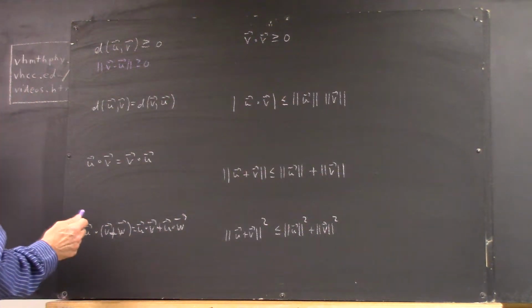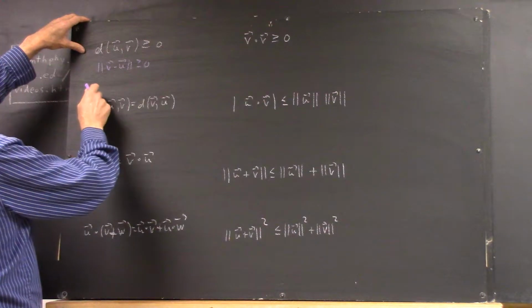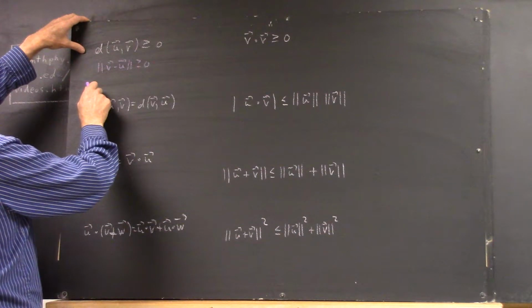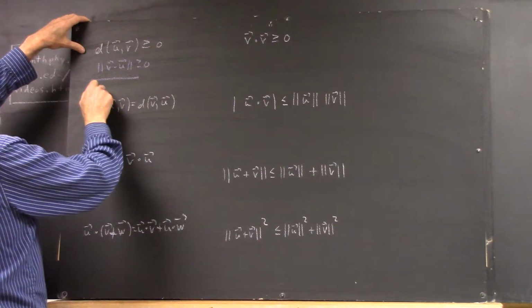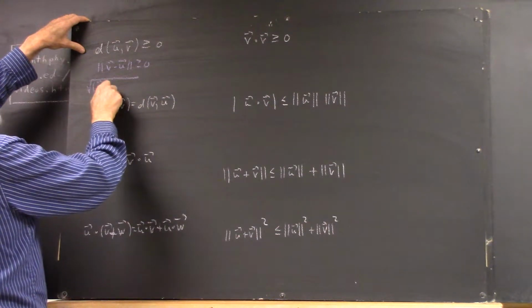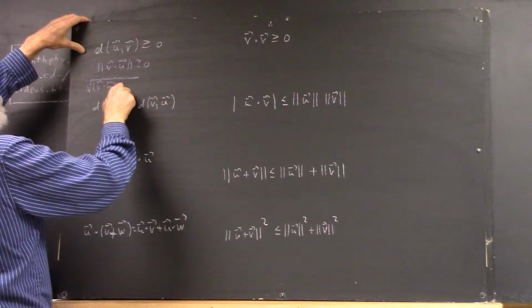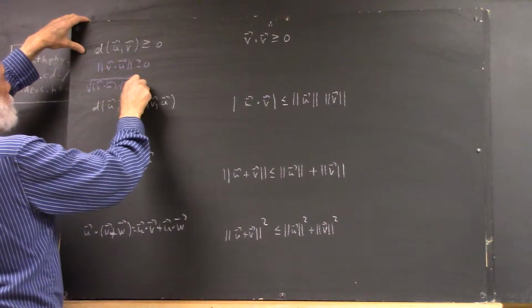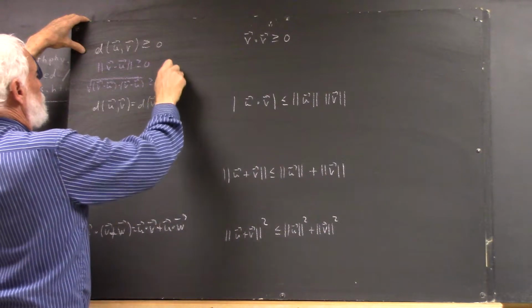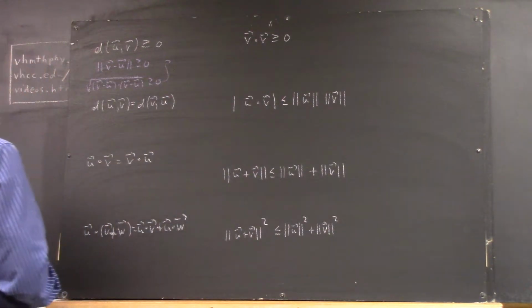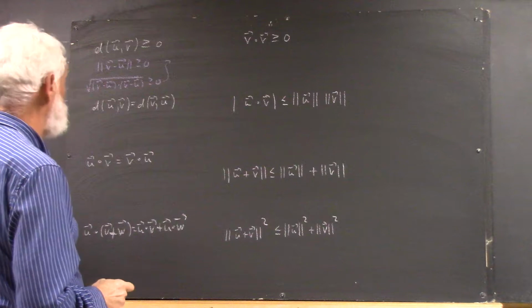And what does this mean? This means that the square root of v minus u dot v minus u is greater than or equal to 0. And what's v minus u? Well,